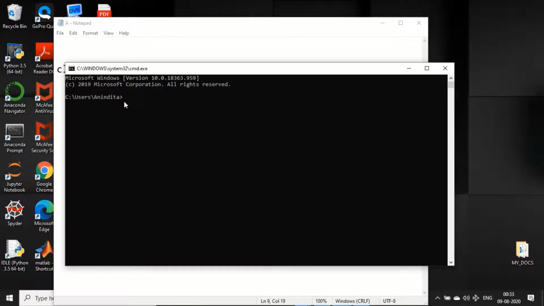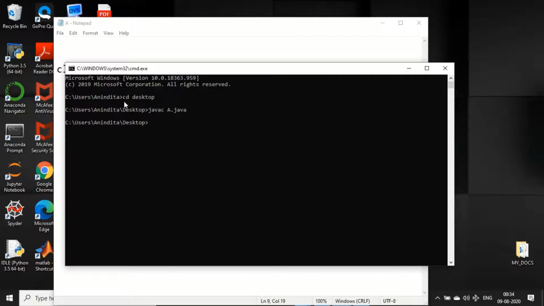So here I have to write cd, which means change directory. And where do I have to go? I have to go to desktop. So now I am at desktop. Now for the code compilation, I have to use the Java compiler. The name of the Java compiler is javac, and then the name of the main class with the extension .java. Then enter.